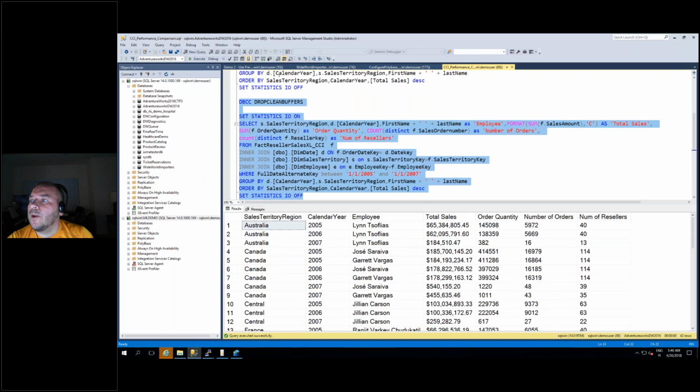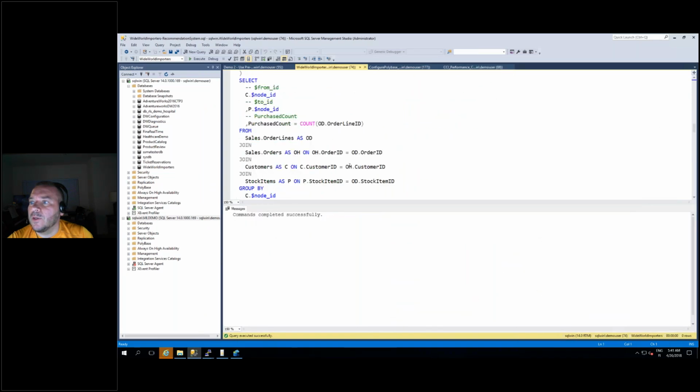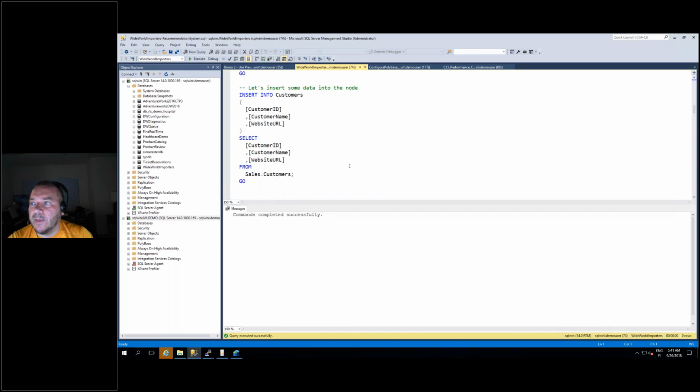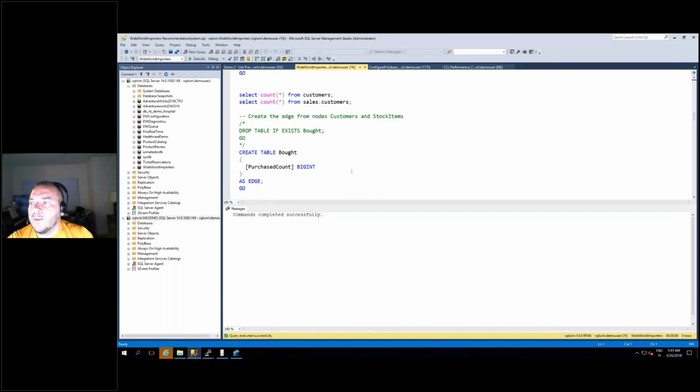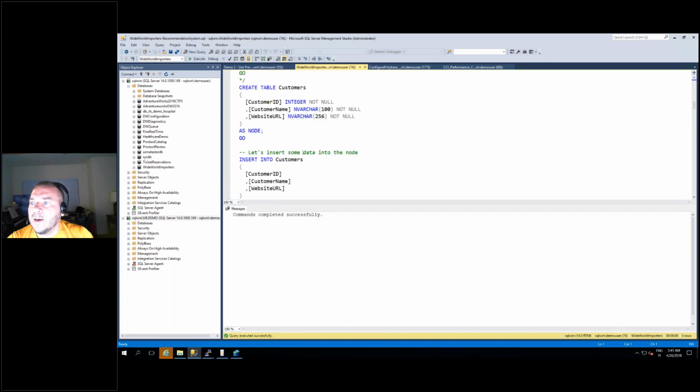Graph tables are essentially of two types. There are so-called node tables, which are typically entities or nouns. For instance, we have a customer table here, which is defined as a node.